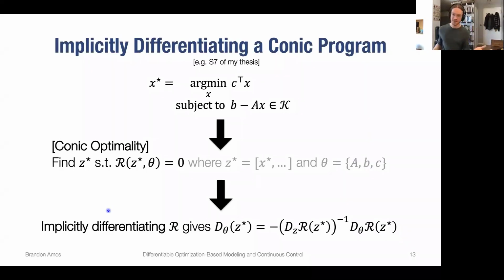And so now, if you want to differentiate through the conic form, you apply the same trick where you just need to convert the conic optimization problem into some set of optimality conditions, which in this case comes from a slight change on top of the KKT system because of the conic constraints. But once you have that, you also just apply the implicit function theorem and can easily get the derivatives that you want. And so now that we have this toolbox or class of methods for differentiating through these convex optimization problems, we can think a bit more about applications.